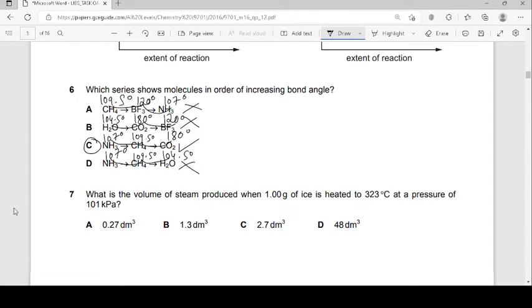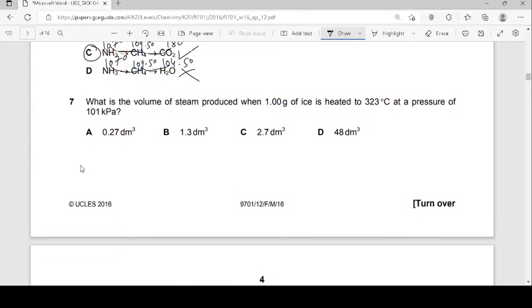That's the answer, right? Question number 7. What is the volume of steam produced when 1 gram of ice is heated to 223 degrees Celsius at a pressure of 101 kilopascals? So for this, I'll use my beautiful equation PV equals nRT. In fact, in A2